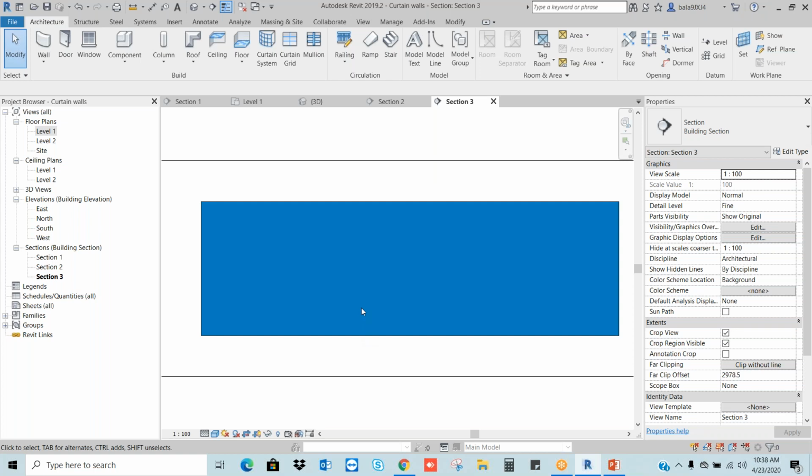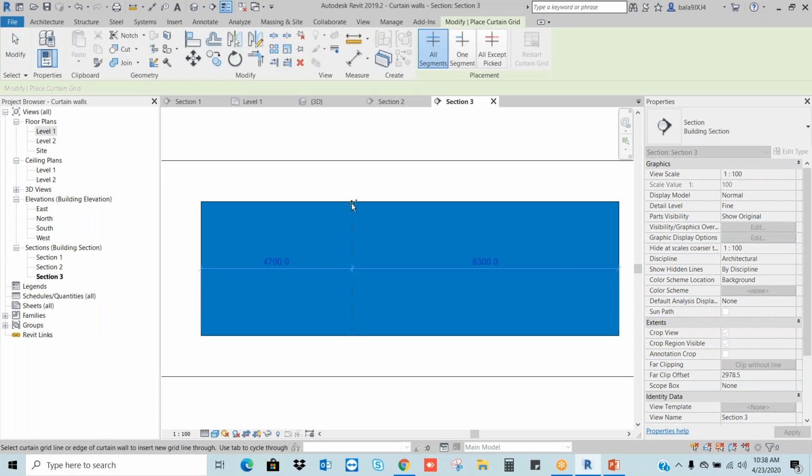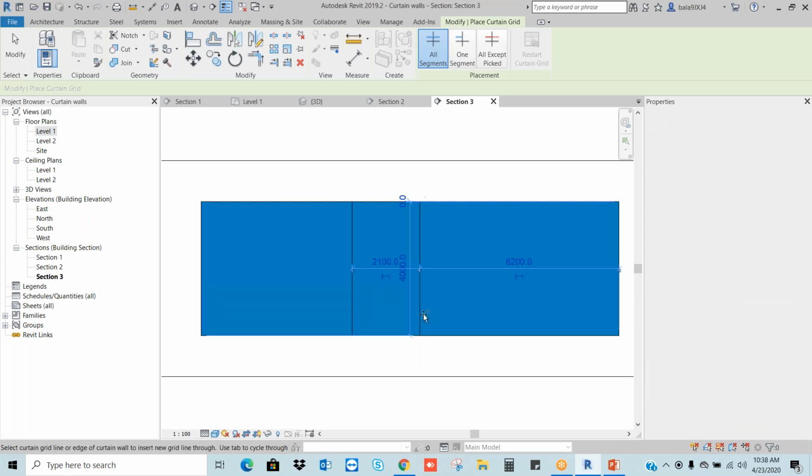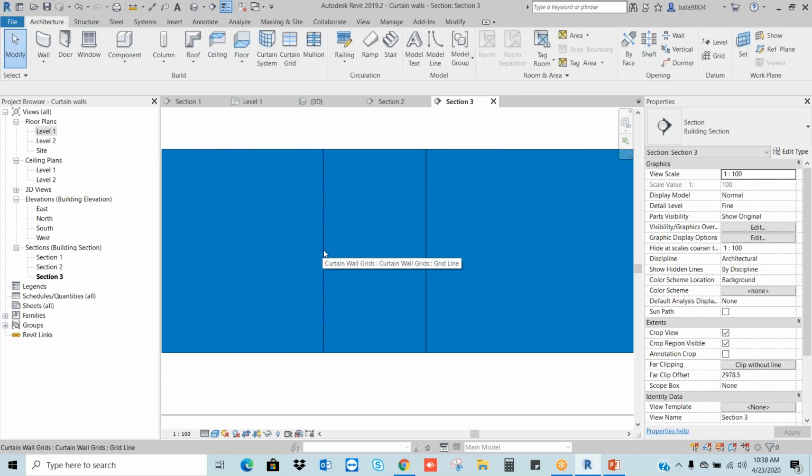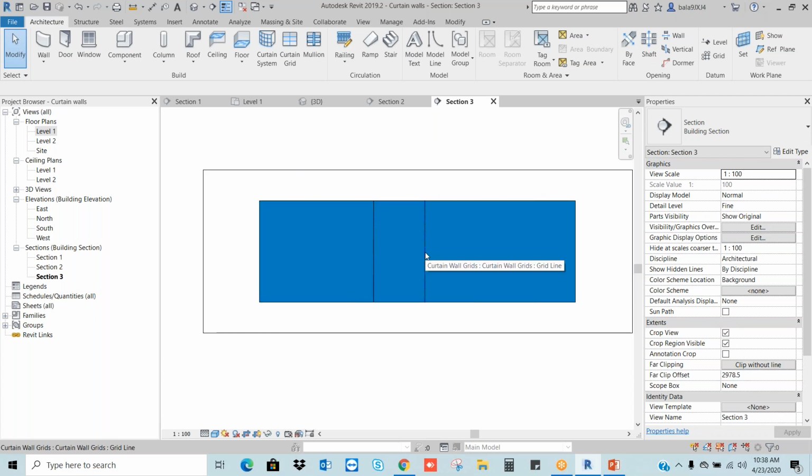Here I want to add different kinds of mullions. Okay, first to add the mullion, I will take the grids. Let's say 2100. I want to add one grid in between these two grids only, not the total grid.